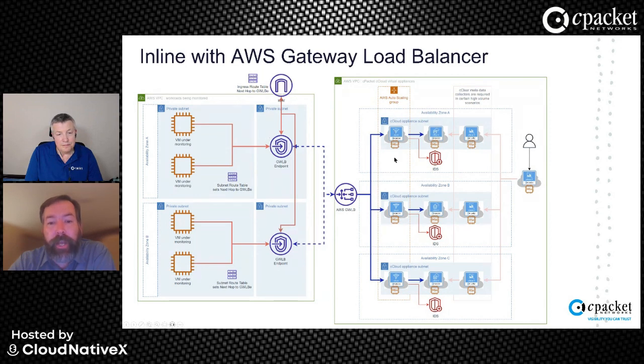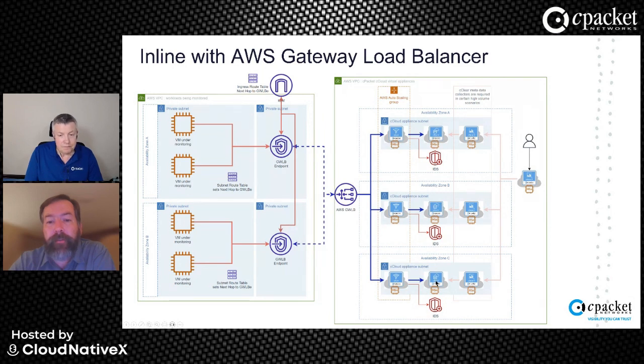So here, our packet brokers are actually interacting directly with the gateway load balancer. Any packets that they receive from the instances on the left, they're going to just turn those packets right around and send them on to their final destination. And then they're going to create an out-of-band packet mirror over on the right for all of these tools. So this is where the IDS and our own C-Store V capture and analytics appliances can then get a hold of